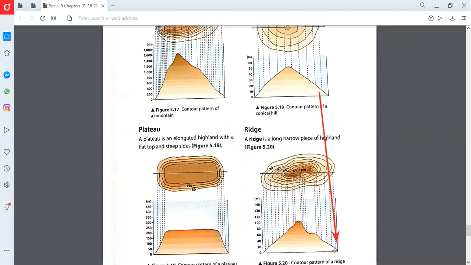See, if you see this picture, they are showing the height is this, and then the height is this, the height is increasing. In this area the height is level. But now the height is increasing, and then it is coming down. If I make it with the help of a pencil, it looks like this.